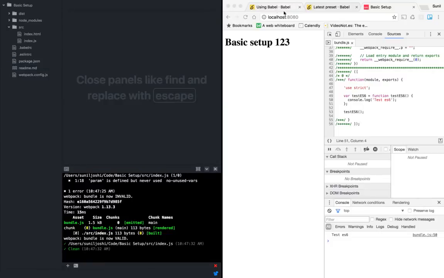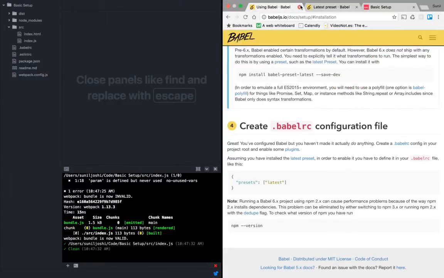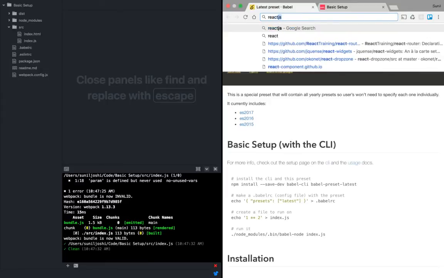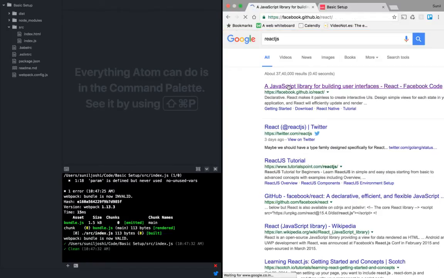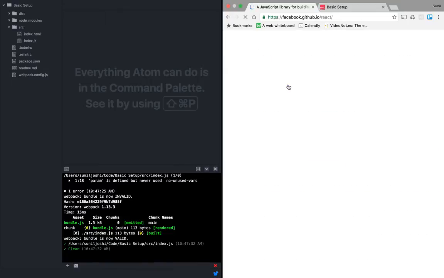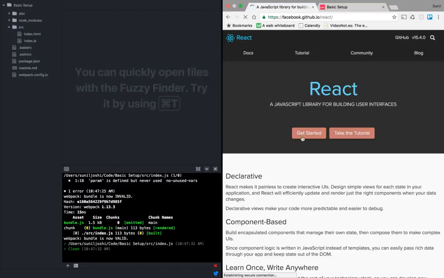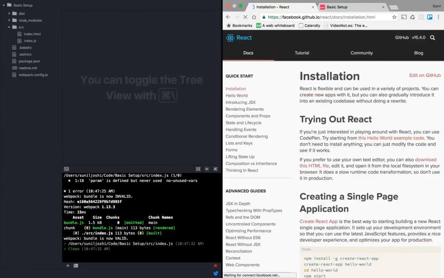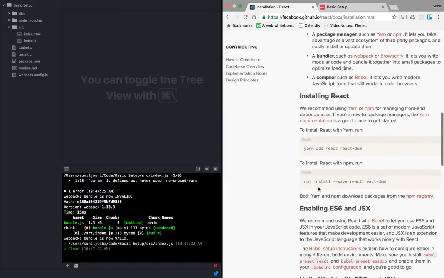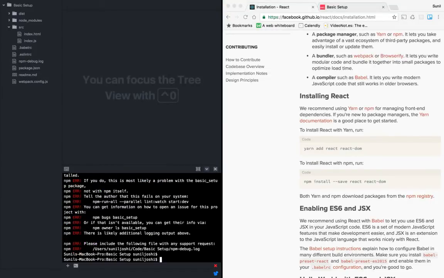So let's install React now. Yeah, so thank you, Babel. We are done with you. So the React docs we would like to open, and let's install React first. Yeah, so this is the site for React. Okay, getting started. Installation first, then we'll come to hello world. Installation is telling me to have two packages, one is React, another is React DOM. So let's go ahead and install that.